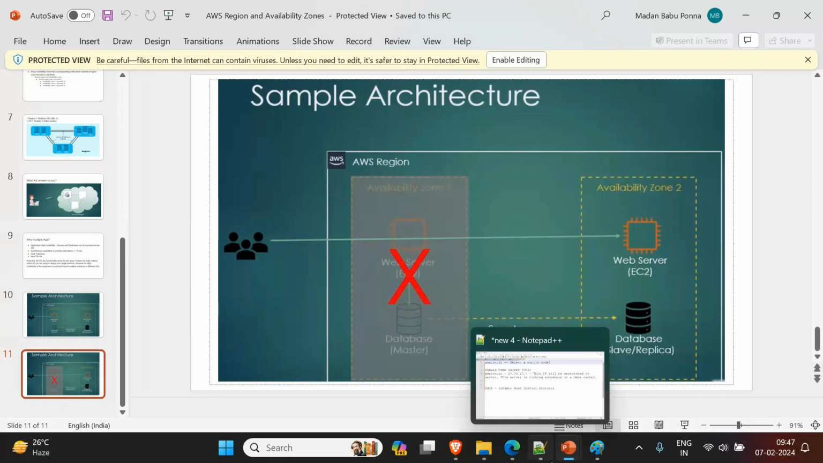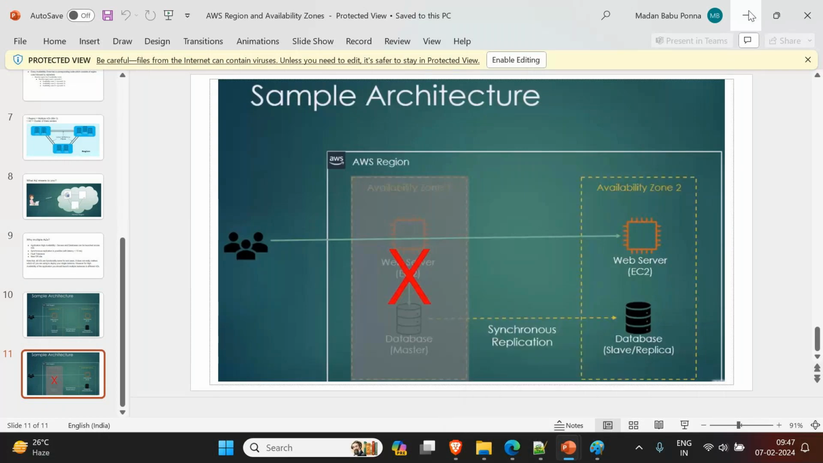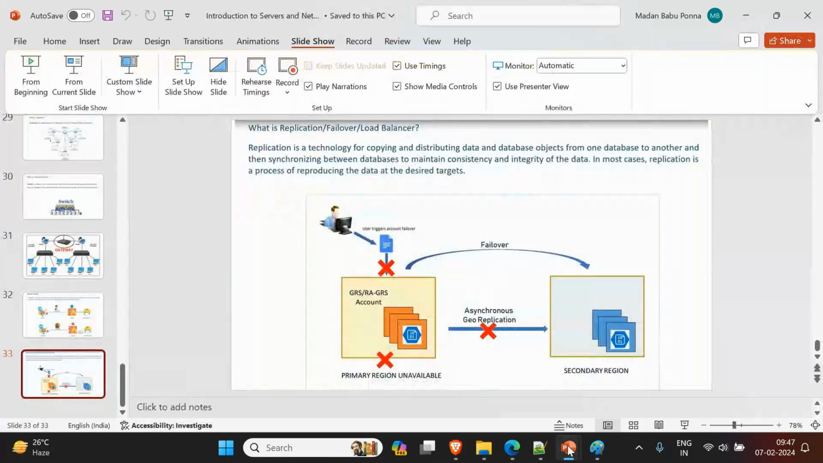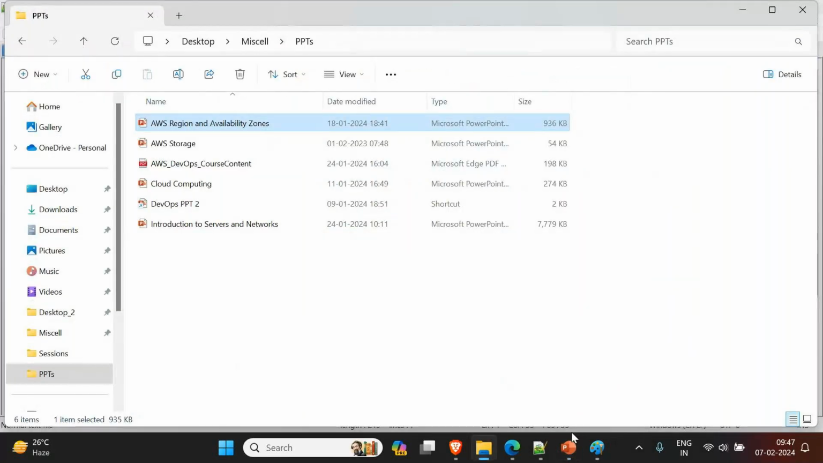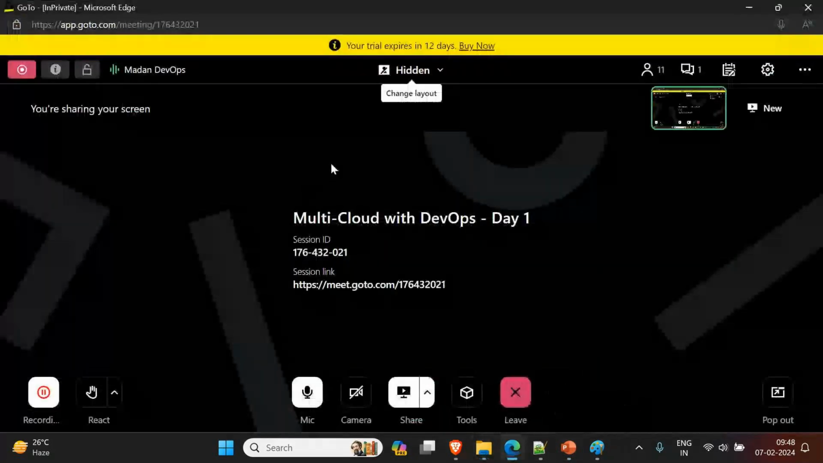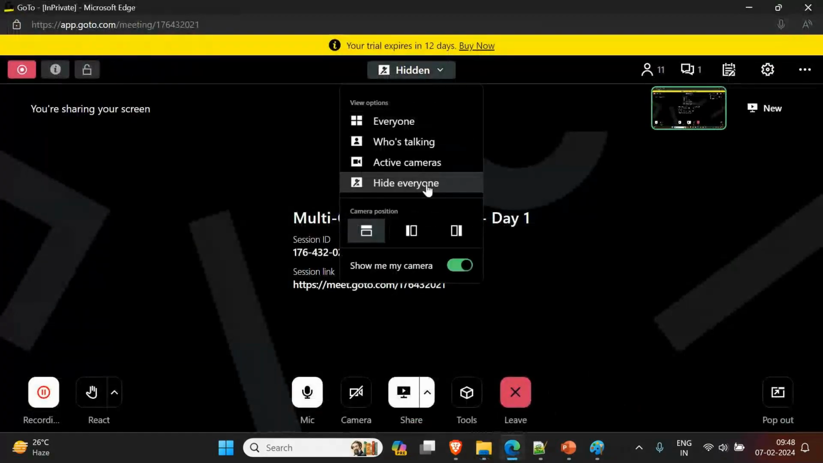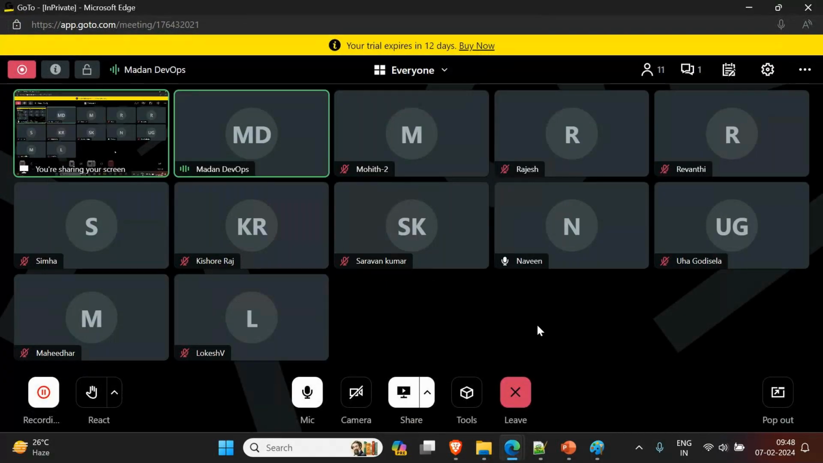So next we have to move on to creating an account. So let's try to create an account. Does anybody want to share your screen so that others